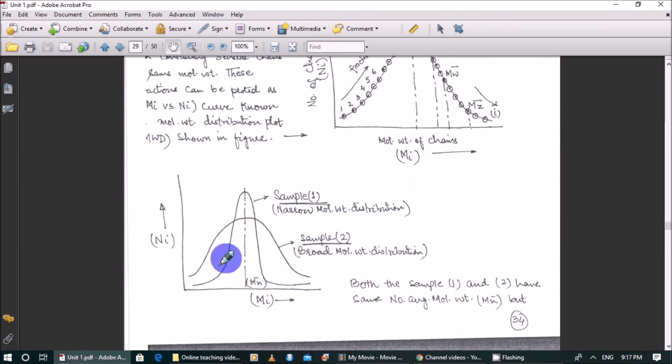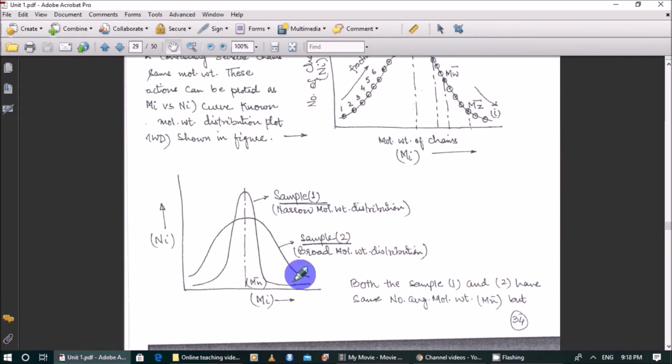It tells that there is less variation in the molecular weight of the individual polymer chains, whereas sample 2 shows the broad molecular weight distribution, and it indicates that there is a huge difference in the molecular weight of the polymer chains. So you can say that the smallest chain is having very